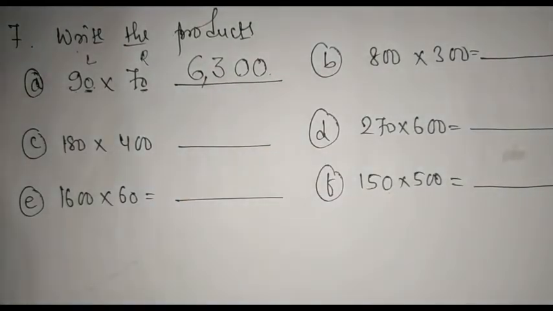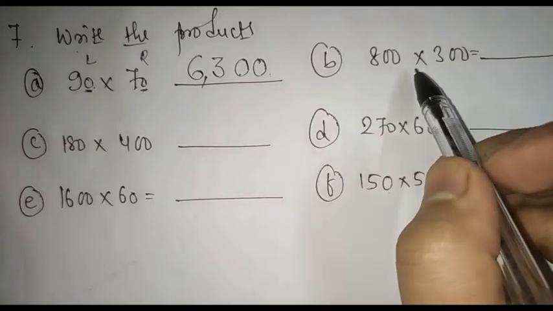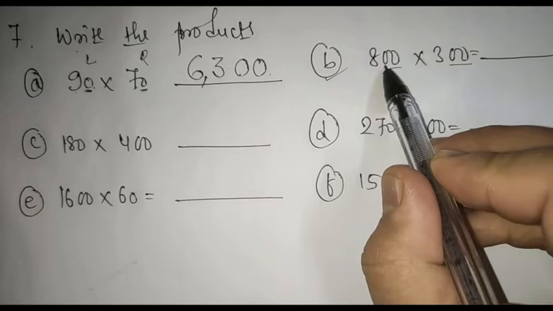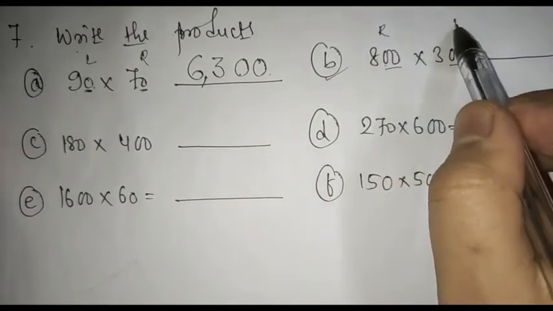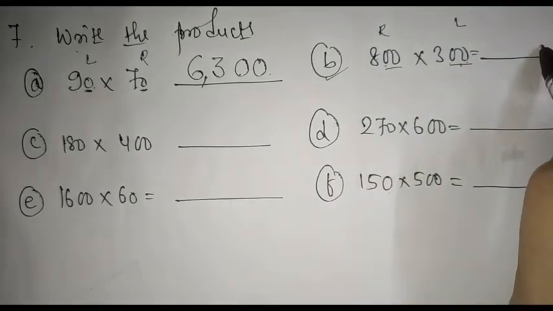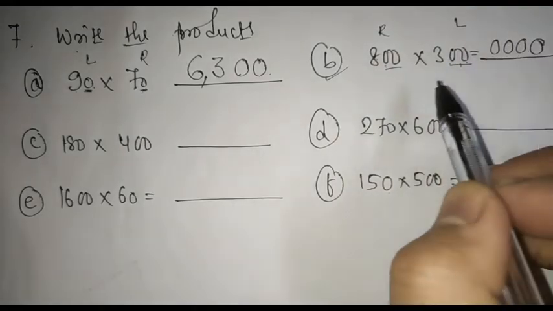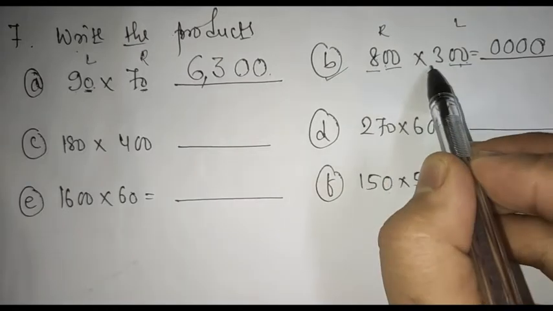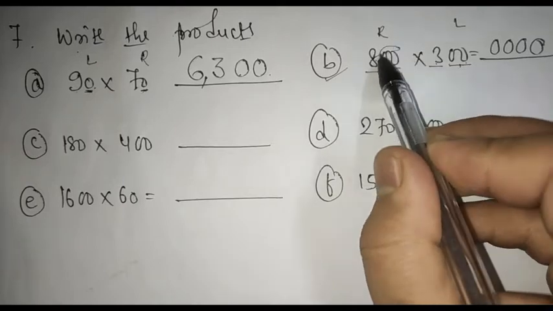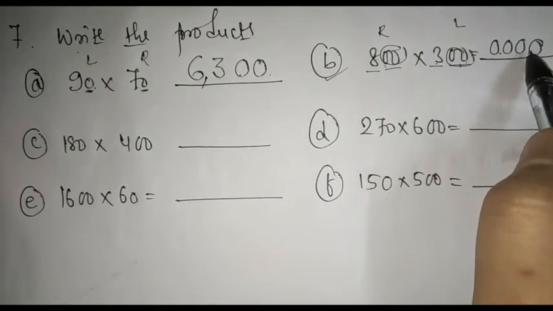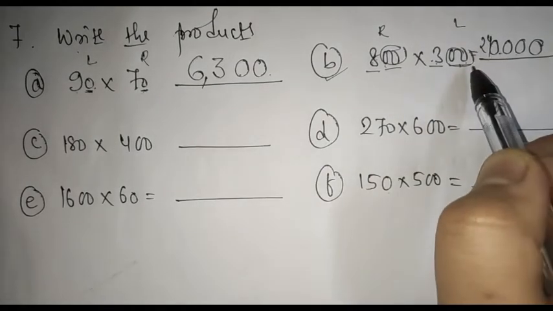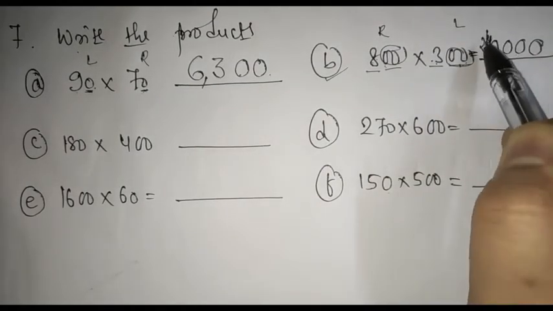Okay student, I hope you have understood this. Similarly, moving on to number B, just see how many zeros are there on the right hand side and the left hand side. There are altogether 1 2 3 4 0s, right? So write 1 2 3 4 0s. Now write 8 into 3. Again, don't multiply with these 0s, because they are already written over here. Now the remaining 8 3s is 24, right? So write 2400. 2400 is the answer.